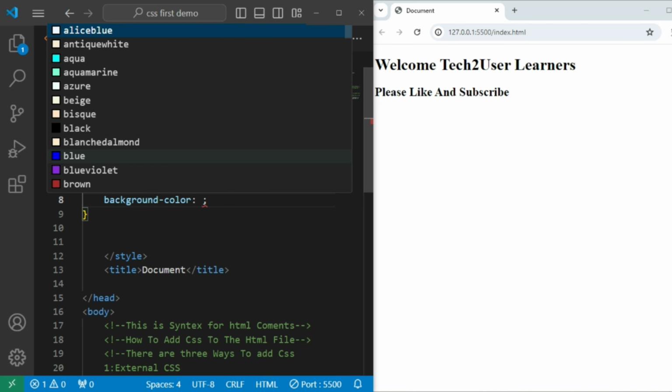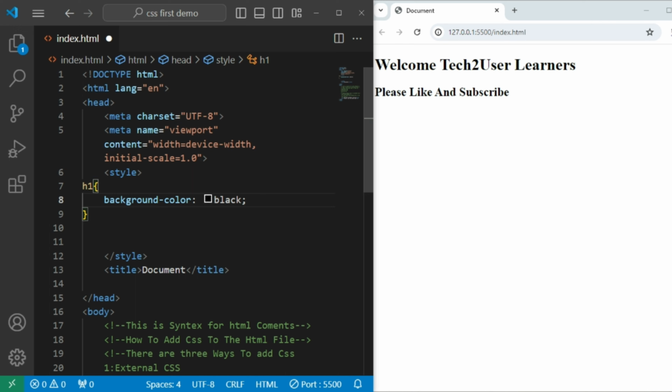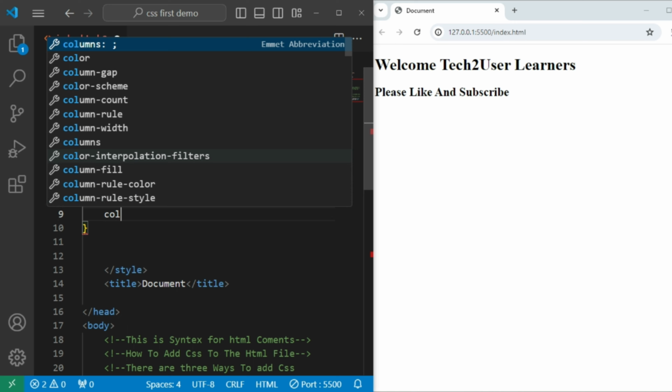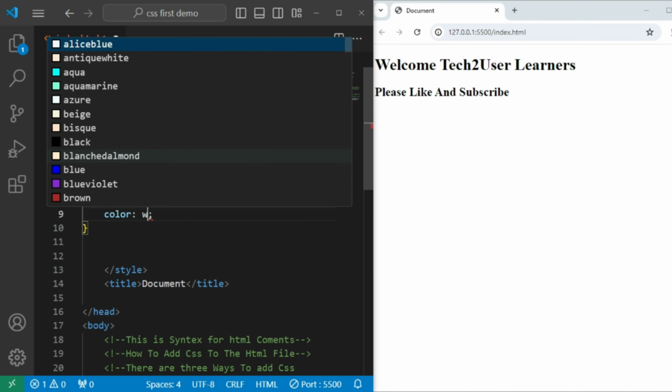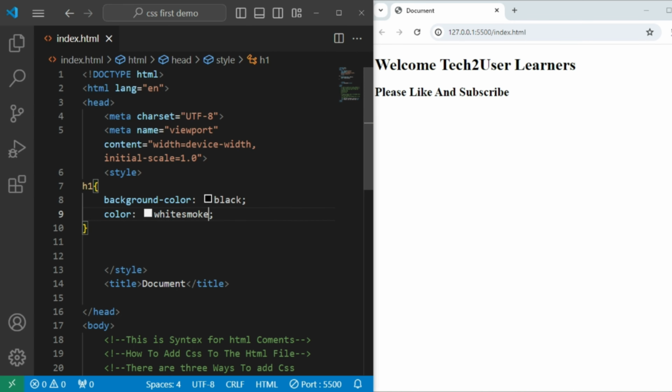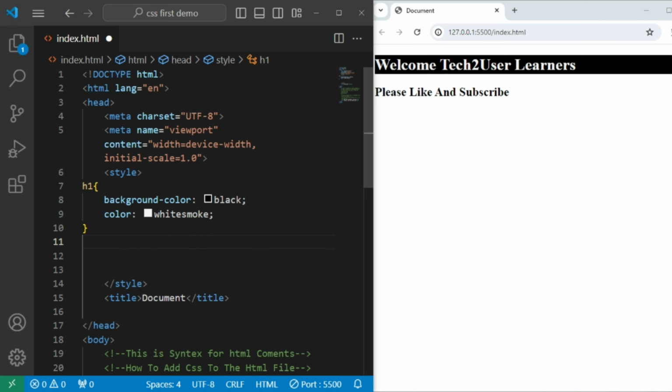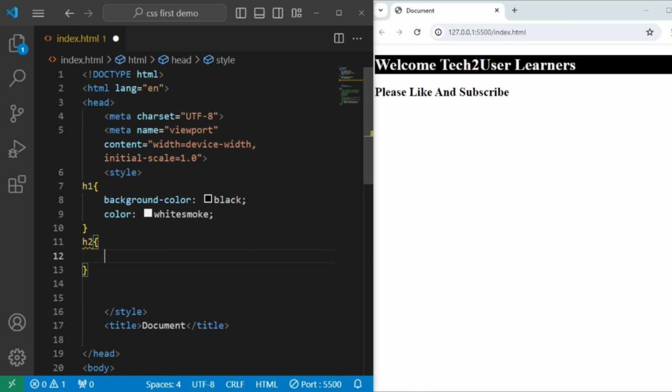So background color is equal to black, and then we can write the color for the text with white, or we give the value white smoke.